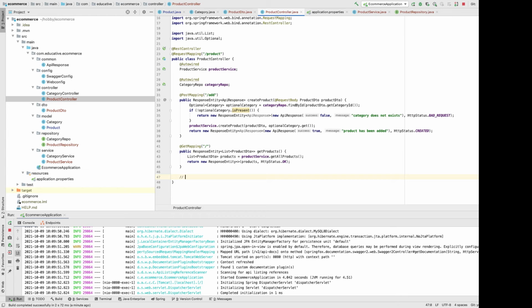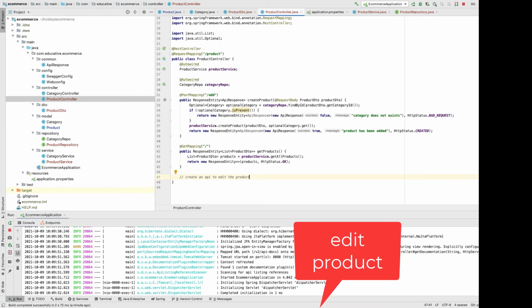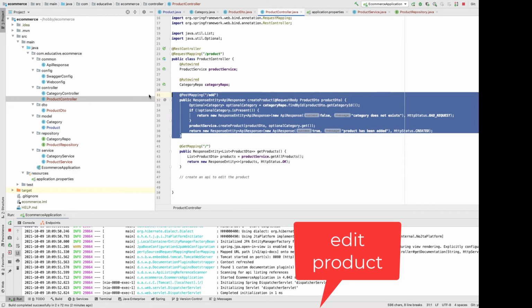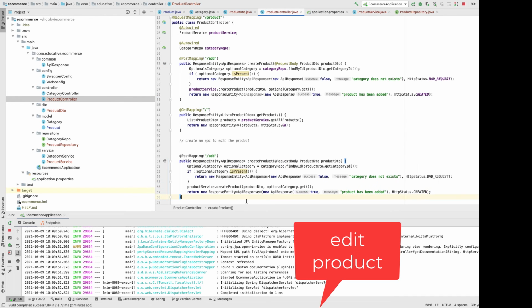We can also create an API to edit the product. So let's quickly implement the edit product. What we can do is create one more mapping to edit the product. It will be similar to the add, but a little bit will change. So it will be edit, or let's make it update, and we will pass one product ID